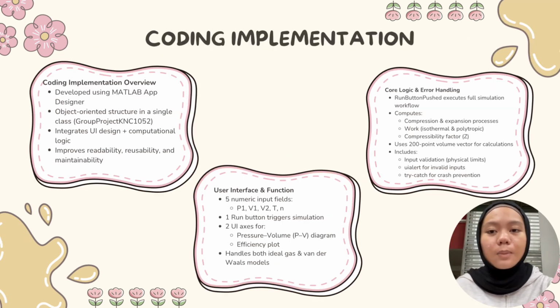In this part, I will explain the coding implementation of our simulation application. The application was developed using MATLAB App Designer, which allows us to build an interactive graphical user interface and organize the program using a class-based structure. This makes the code easier to manage and maintain. The interface includes 5 input fields where the user enters the main thermodynamic parameters such as initial pressure, initial volume, final volume, temperature, and polytropic exponent. A run button acts as the main trigger to start the simulation, while two plotting axes display the PV diagram